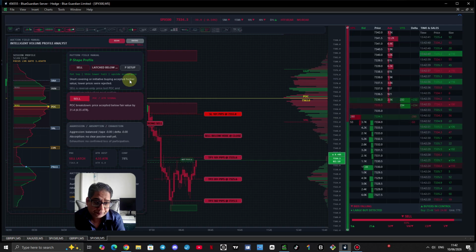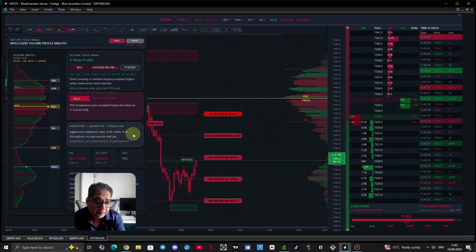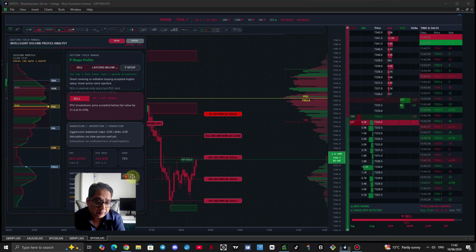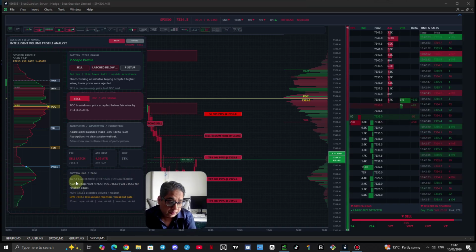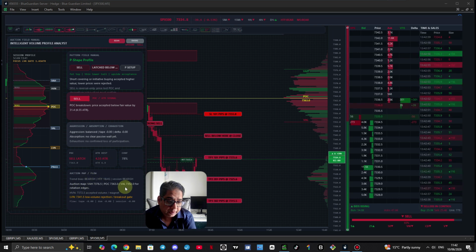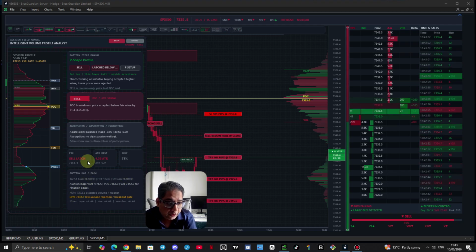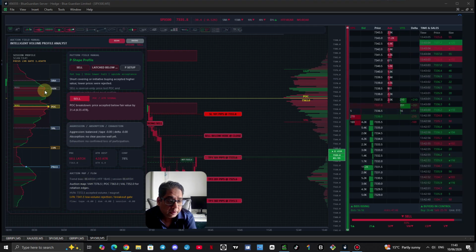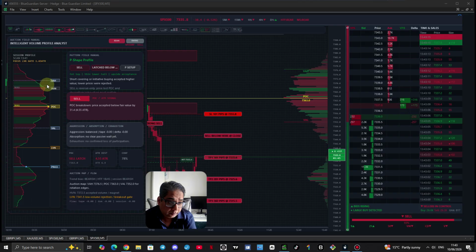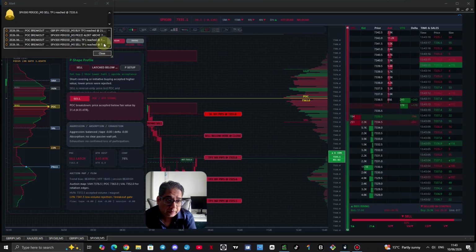Okay, so it tells you the aggression, so the seller latch and the ATR, and you can't see this because my face is covering it. And so trend bias is bearish. Auction map, value area high, POC, and the value area low. High volume node, we can see the high volume nodes. This is a high volume node. It's like this is where a lot of transactions happen here as well. And this is a low volume node. So price will tend to, and this is a trigger for